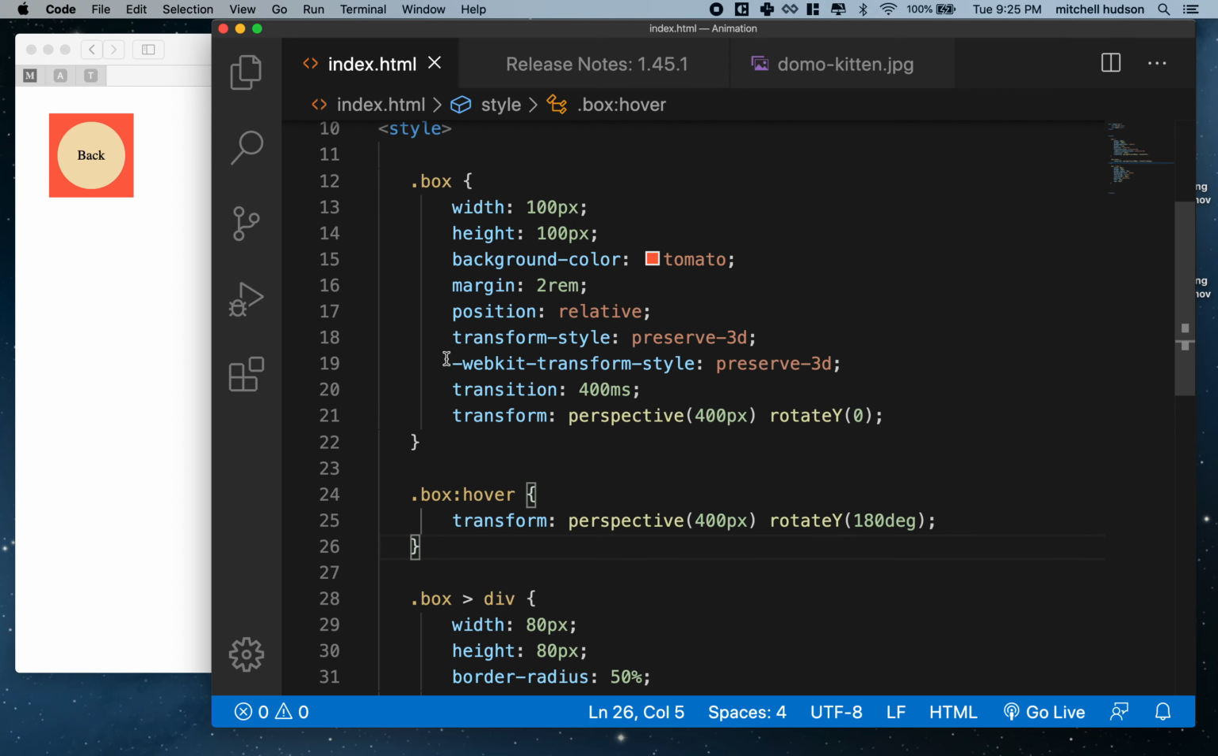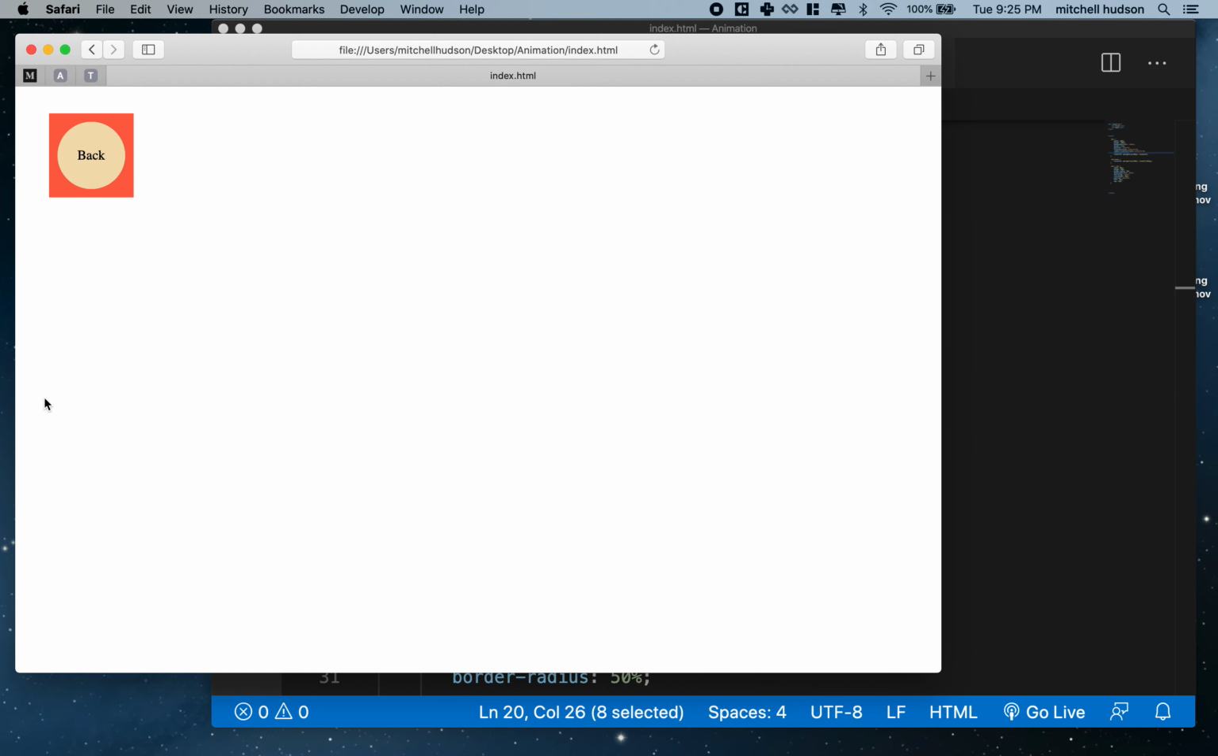So maybe I can move this up here and we can see it next to the box. So there we go, I got box, it's all set up, I got my transform, and now I have my hover, okay? So on the hover, we'll rotate to 180 degrees. When we're not hovered, we'll rotate to 0 degrees. And that will always happen in 400 milliseconds. So let's give that a try. So yeah, I see the flip happening, but